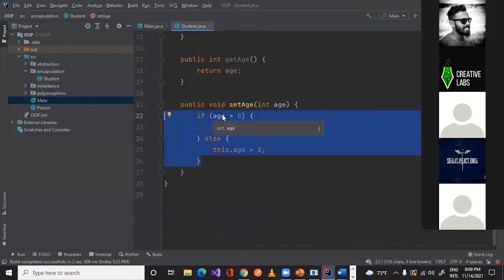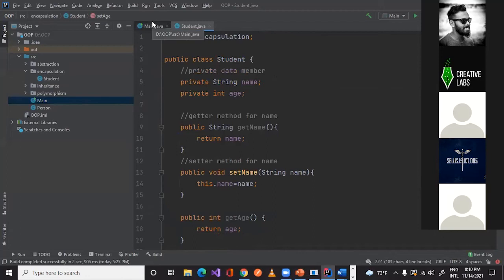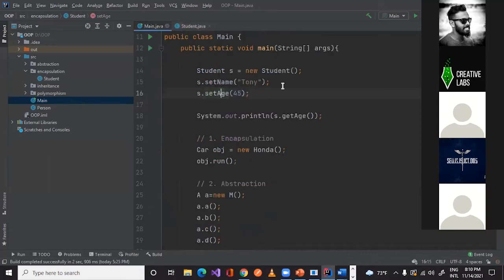So now you can say, can a person have age in a minus value? Let's say minus 15. Can a person have something like this? No, sir. It's not possible.